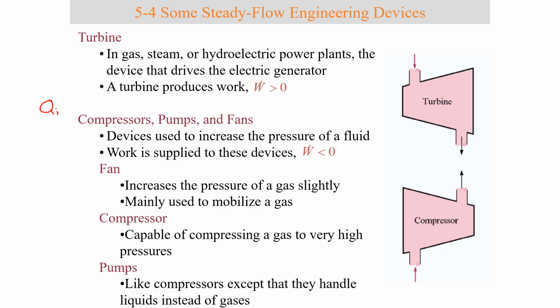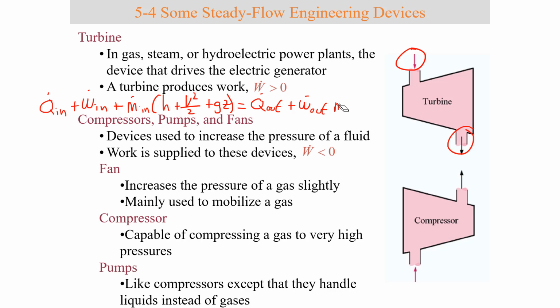So I get that energy in by heat plus energy in by work. And this is a single stream mass flow, right? Single stream mass flow in, single stream mass flow out. So I get the mass flow in, carrying that mass flow's, I'm sorry, enthalpy, kinetic, and potential energy equals the same thing out. Q out plus work out plus my mass flow out multiplied by the enthalpy, the kinetic energy, and